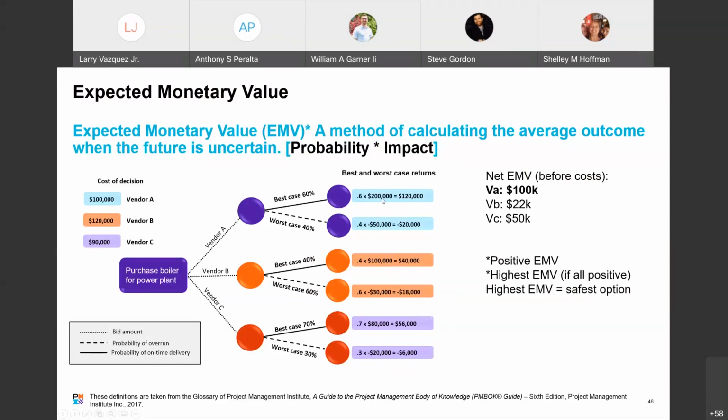I'm asking, please let me know if you have any questions on probability to impact and how that might work in this context. I'm happy to help walk through that again. It seems pretty clear. Okay, thank you. Whoever has the highest one, that's right. And that's the takeaway. The highest net EMV, the highest NPV, right? The highest IRR. Those are the types of things that we're looking for. So thank you for that.